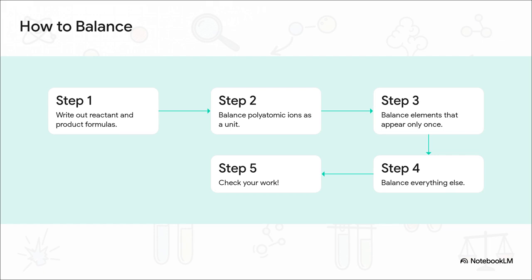Next, you go for the easiest targets. Find the elements that only show up in one spot on the left and one spot on the right. Start balancing those by changing the big numbers in front, the coefficients, until they match. Then you tackle everything else, and at the very end, you do a quick final count to make sure it all